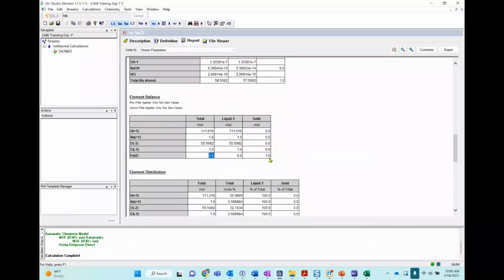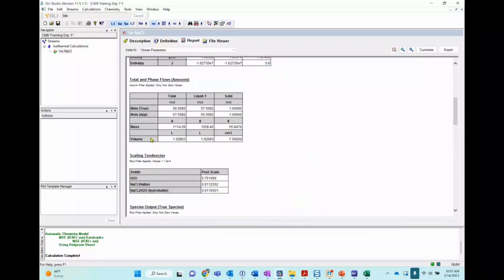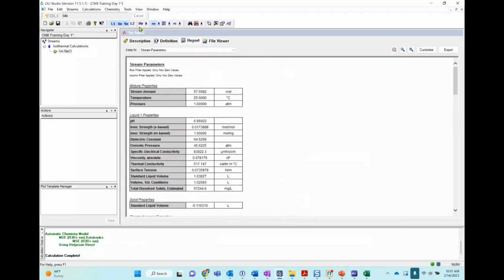There is not an oxidation change. We have not specified a change in the oxidation state of elemental iron. Okay, so that's what we're going to learn next in the next hour, how to specify oxidation states that are relevant for corrosion studies. Okay, and how we can do it with the redox button here.